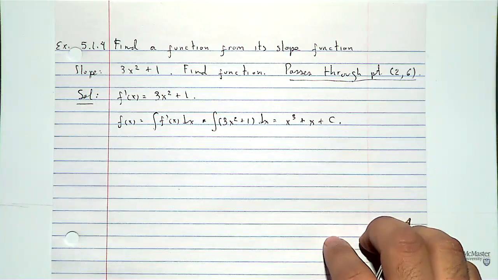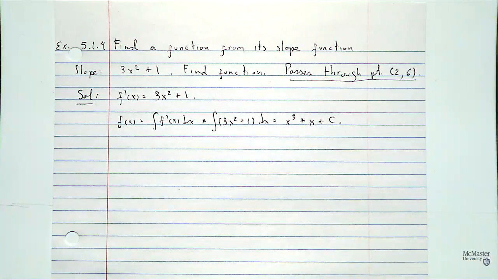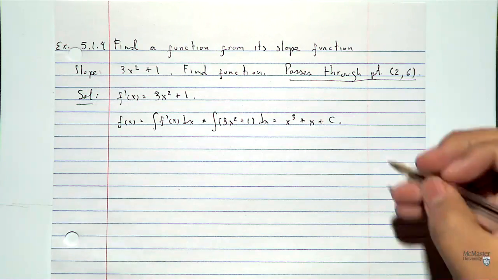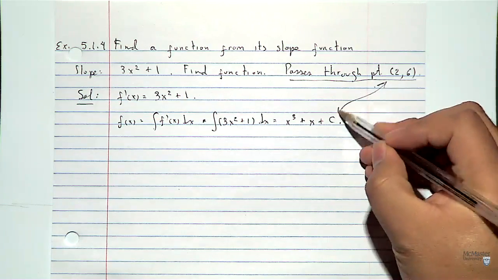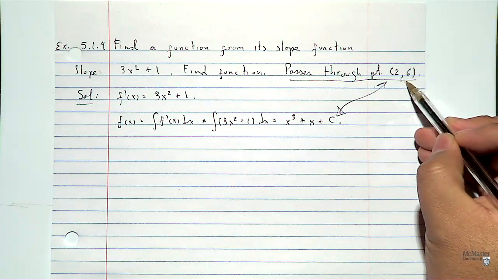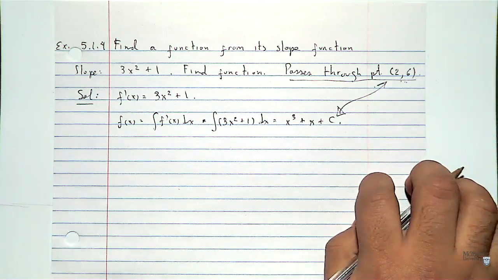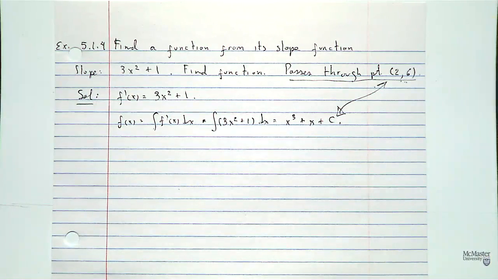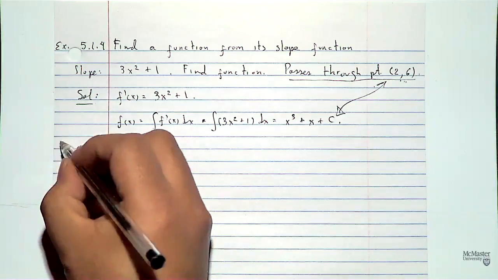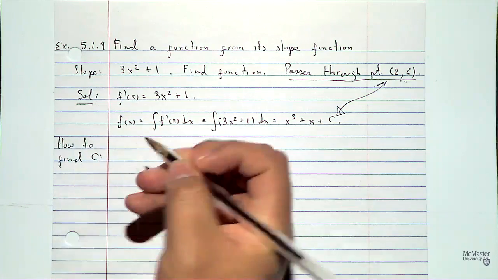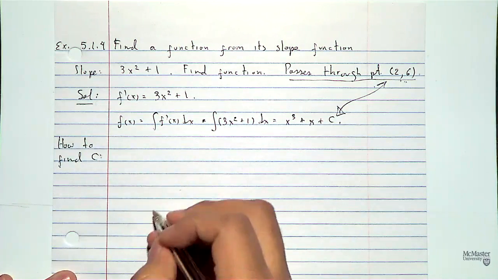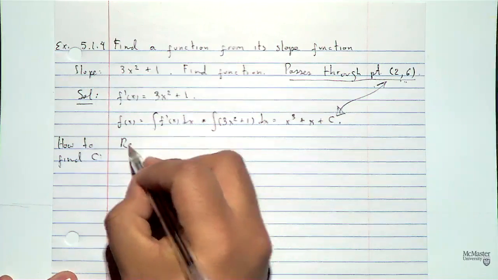So at this point, the integral is indefinite, but you probably know the technique by now, which is that to determine the constant of integration, what you have to use is all the info that you're given. And you know that the function must pass through this point. So basically, by imposing this constraint of the function f at 2 equal to 6, you will find the constant of integration. So again, as a methodology on how to find the constant of integration,